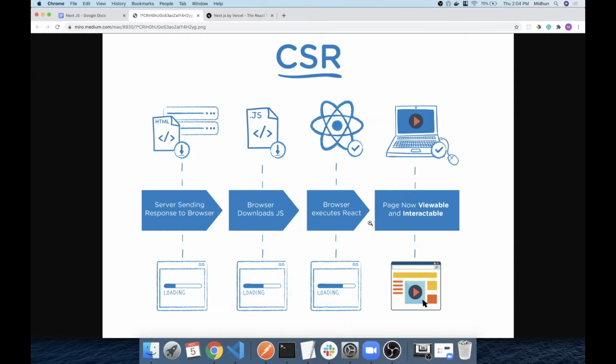After it's executed, the DOM elements in our website are rendered, and the visual components are loaded here. So this is the model that most single page applications work on. One of the drawbacks with this model is that we do not have much search engine optimization, because